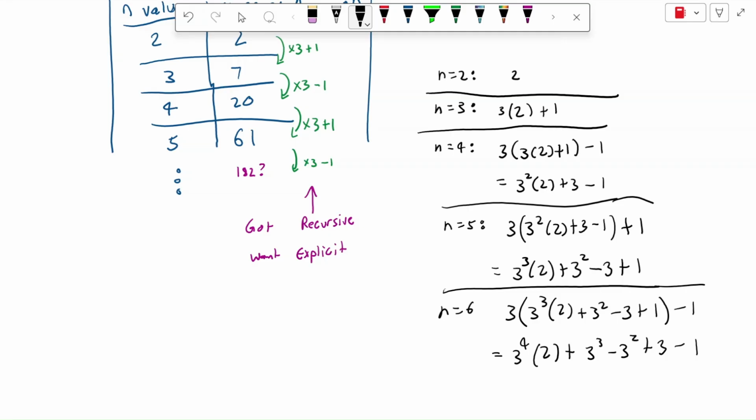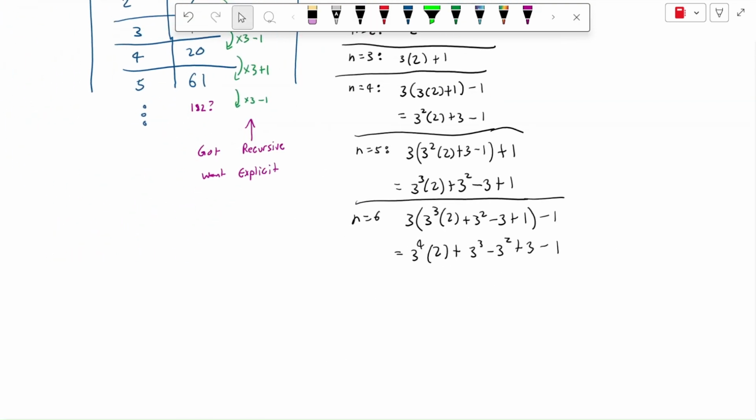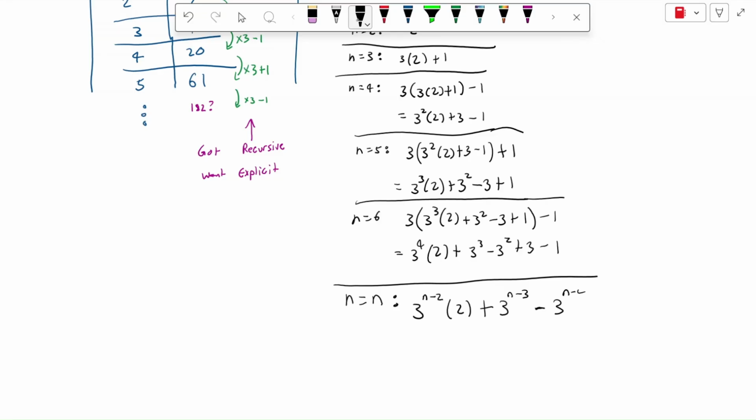Pause the video, try and figure out what the actual formula is based off this pattern. Okay, hopefully you've had a try. We need to break this expression into 2 pieces. So in general, for n equals any value, it looks like it might do this. 3 to the power of n take 2 times 2 plus 3 to the power of n take 3, take 3 to the power of n take 4 plus 3 to the power of n take 5 all the way down to,